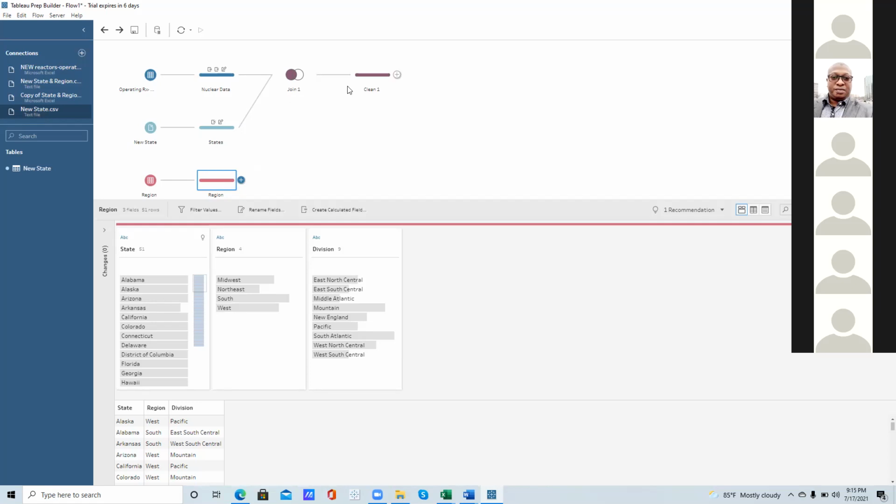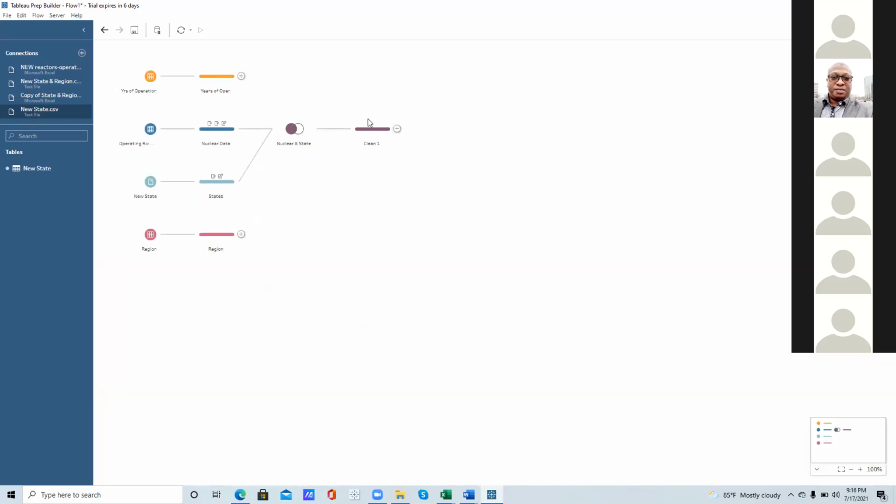Do I name these so I can know what's in it? If you like, you can say nuclear plus states. Nuclear data plus states, either way, it doesn't matter. So you know that that's what you join with.